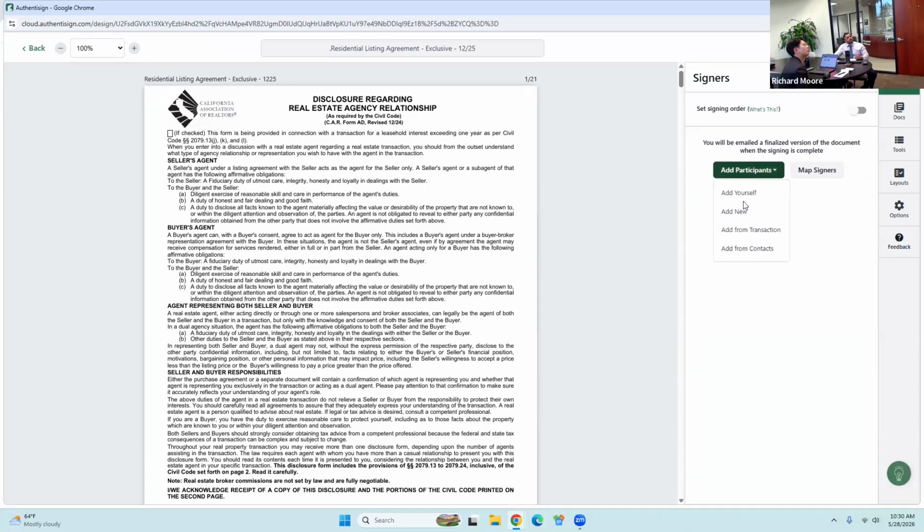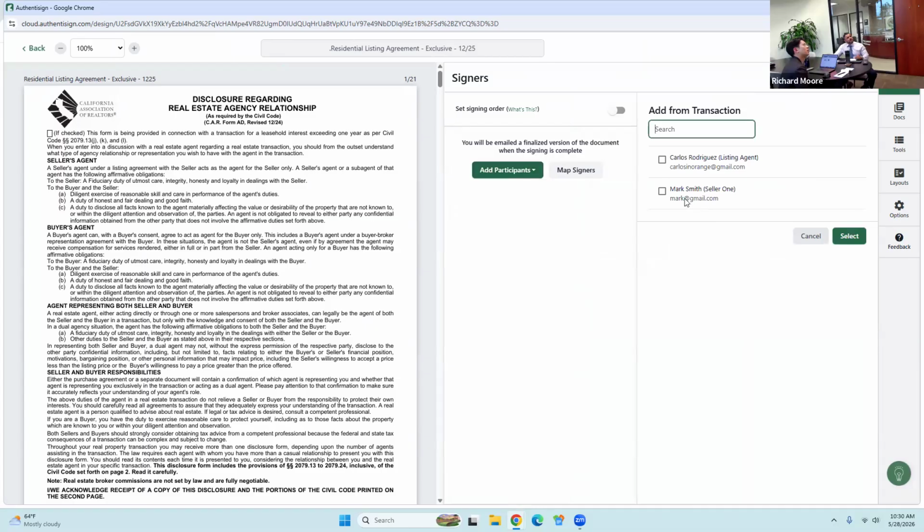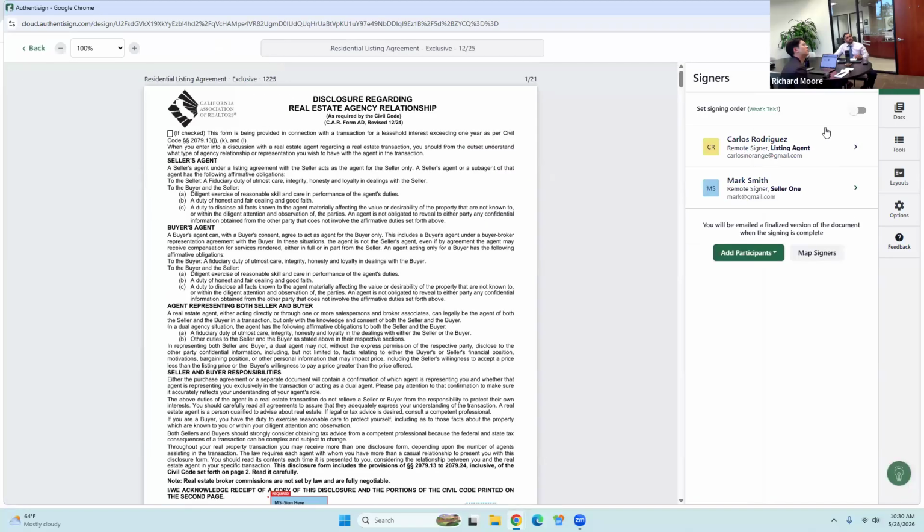We're going to add participants from the transaction. And I want to sign it. I want the seller to sign it. I'm going to click on select. Now there's something else that you can do here. If I leave it the way it is, we both get the email at the same time and sign it whenever we can. But if I click on this toggle here,